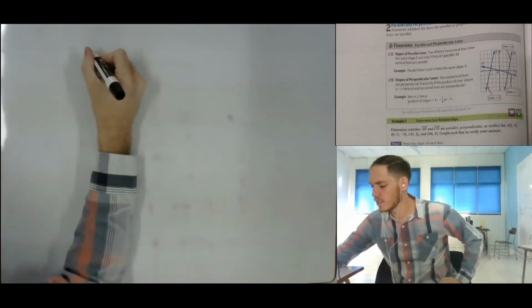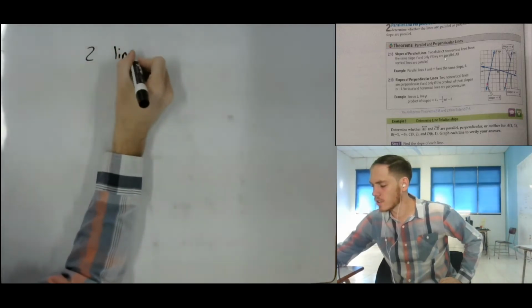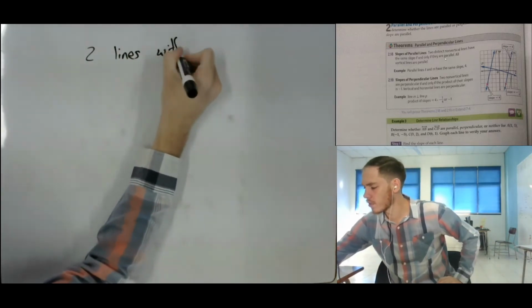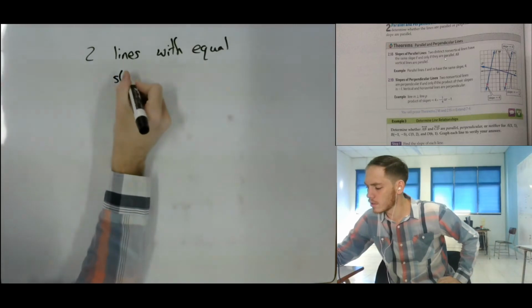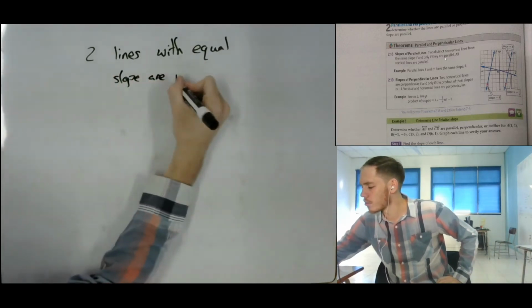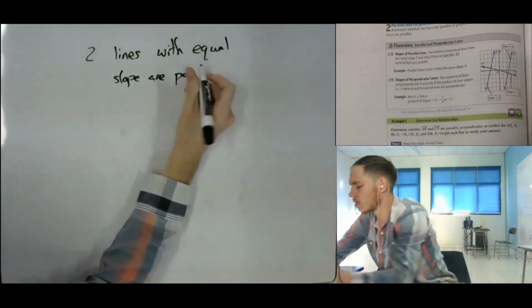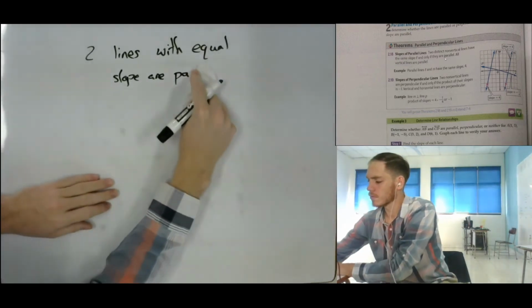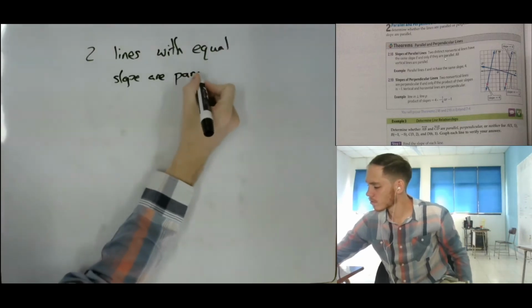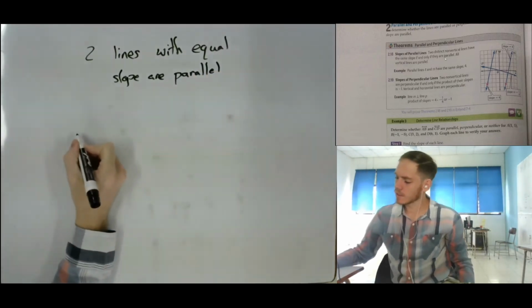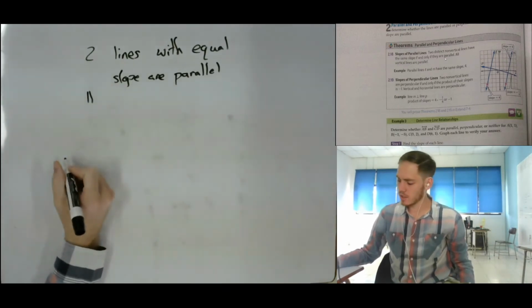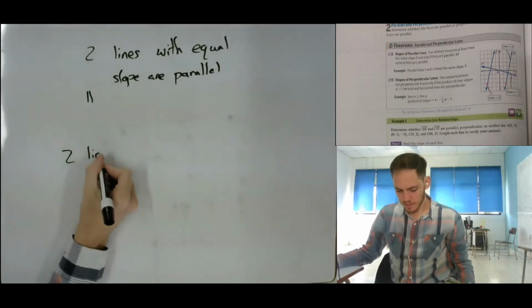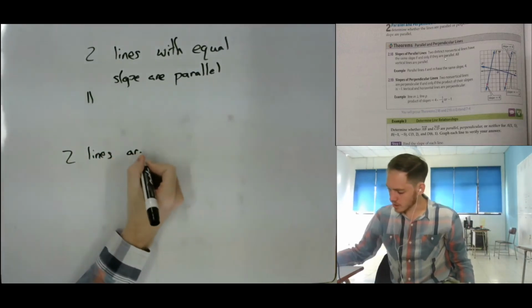Okay, so two lines with equal slope are parallel. So that would be this symbol right here, like these two lines like this, that's parallel. And then two lines are perpendicular